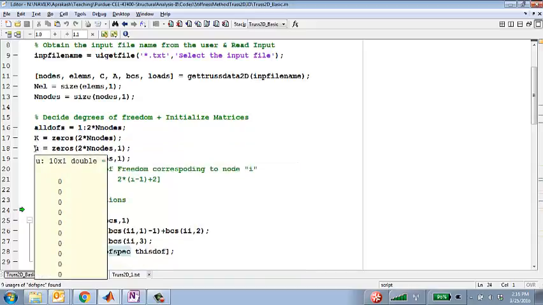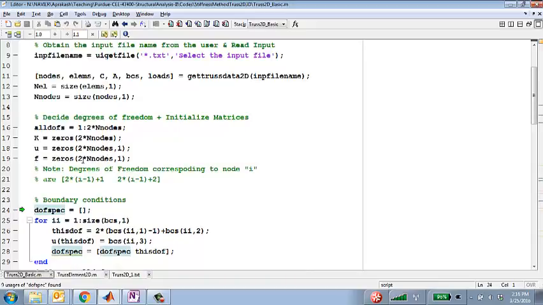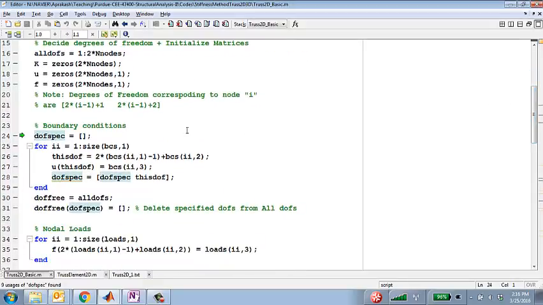Similarly, the displacements, right now it's all zeros. The forces, it's all zeros, but we need to modify that. So the way we're going to modify it is by going through the boundary conditions. I'll go up to this point, and what happens in this particular loop called boundary conditions, in this loop we